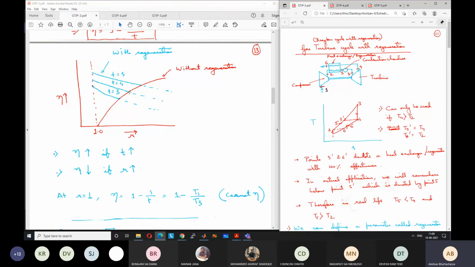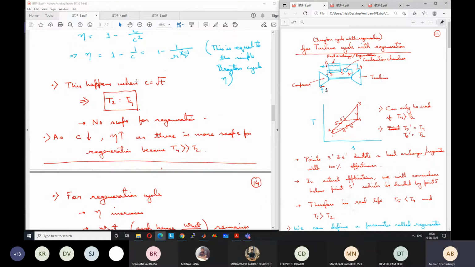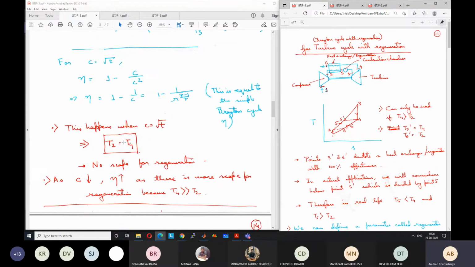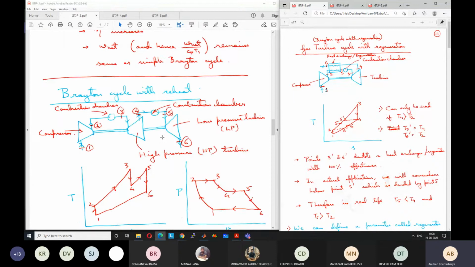So this point is equal to the point where T2 is equal to T4, where the regenerative cycle efficiency is equal to the simple Brayton cycle efficiency. And we have seen that also mathematically, that when T2 equals T4, this happens. The work output plots are similar to the simple Brayton cycle plots. We have not drawn them again because they are exactly the same, because the work output does not change at all in the regenerative Brayton cycle.